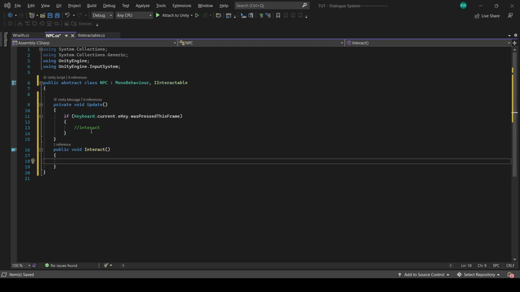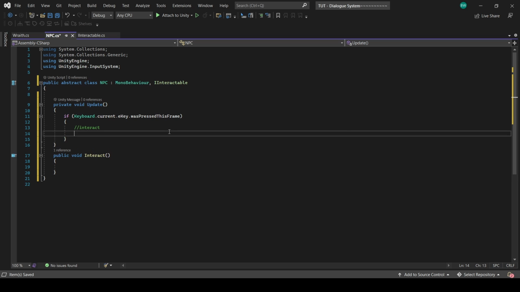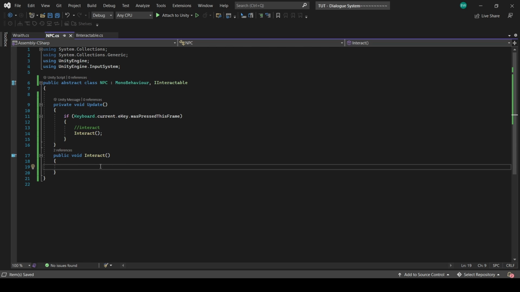Let's get rid of this. Okay, so now if we hit the E key, then we are going to call the interact function. So we're wanting to set up a dialogue system. So you would think that when we call our interact, we want to set up some sort of start the